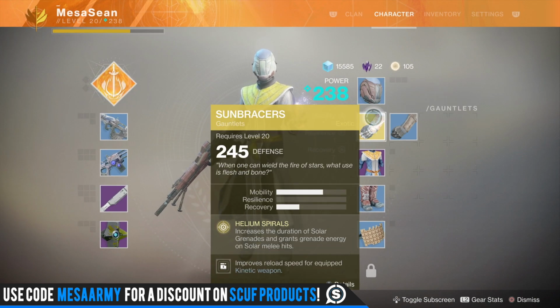But since I'm going Dawnblade so much, I got the Sunbracers, which is like Destiny 2's version of the Sunbreakers. And this I got from completing the weekly Flashpoint. So trying to gear up for the raid next week. We have one Nightfall, and I unlocked the Nightfall. But the Nightfall is 240. I'm going to wait for my friends to all gear up so we can go in there and get the